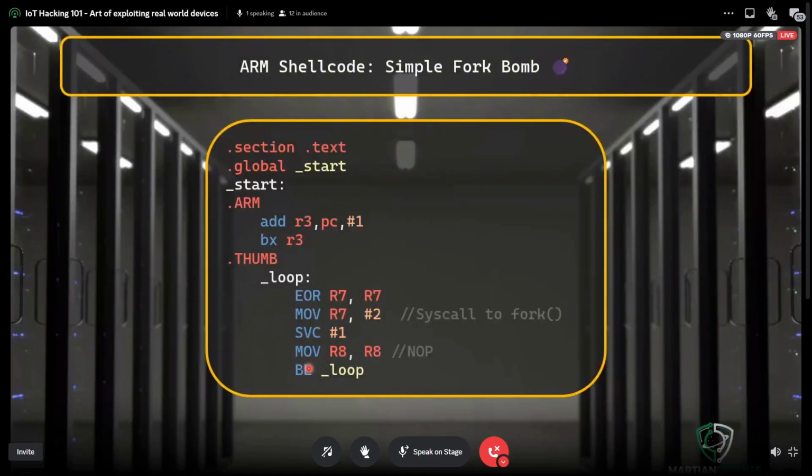Basically, I'm clearing the R7 register to 0. The reason is to avoid null bytes in our shellcode. If I directly move 0, it's going to add some null bytes. That is why I did XOR within the same register, and it makes it 0. And then add the number 2 as the syscall, which is fork. And once everything is done, loop back to it.